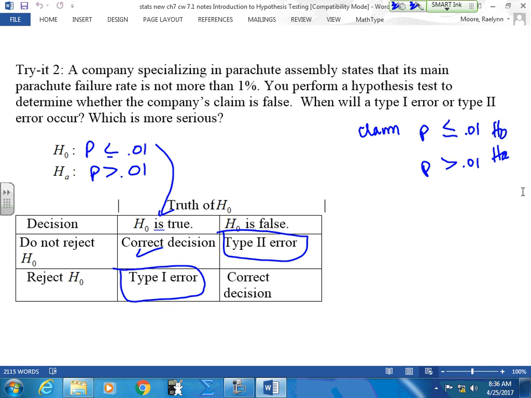Could cause deaths, right? So sometimes type 1 is more serious, sometimes type 2 is more serious, depending on which way you go. What my goal is that you also see is that we're always testing the H0, regardless of what the claim is. The salmonella claim came from HA. We still test the H0. So as you kind of see how these things work a little bit. All right, I bored you to tears on this, I know, but it's just